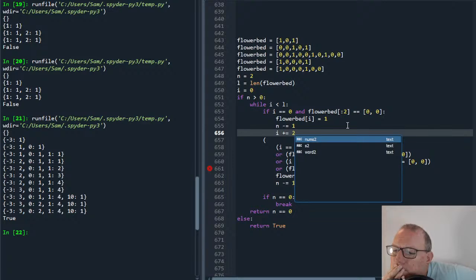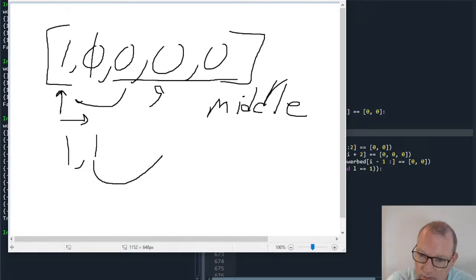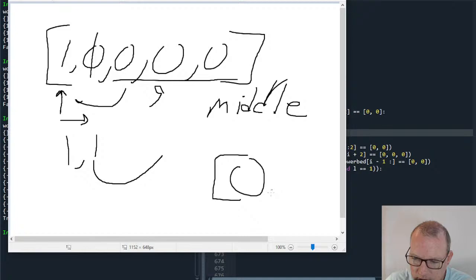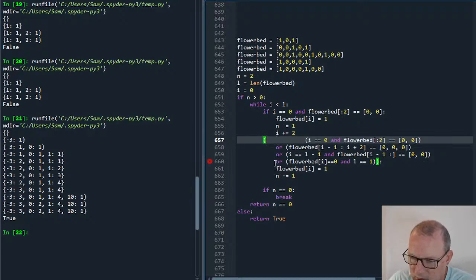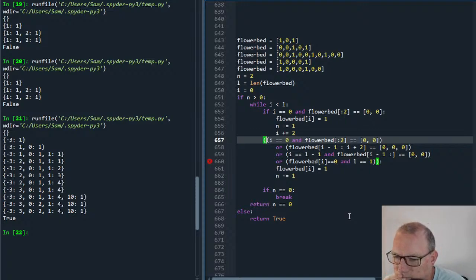All right. So that's our first bookend. And then, so that was here, here. Change i, move over 2. All right. So now, what is our next one? If i is